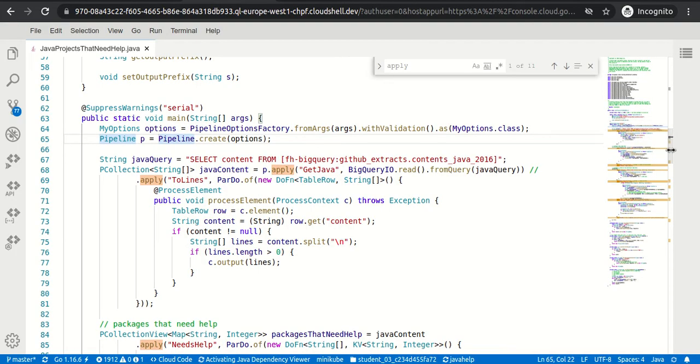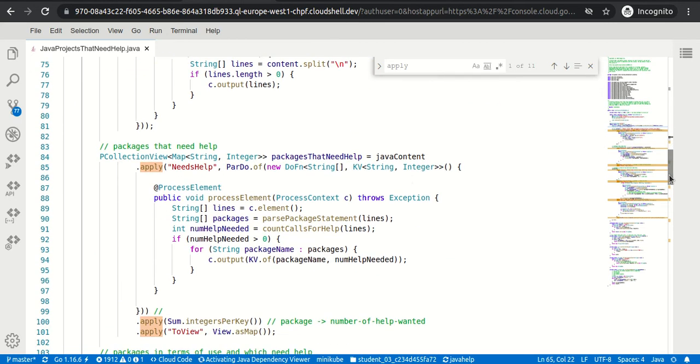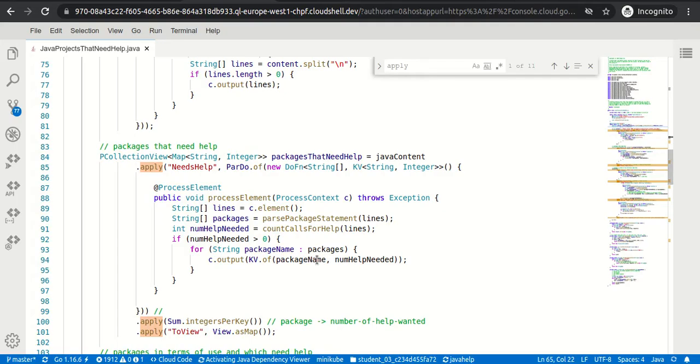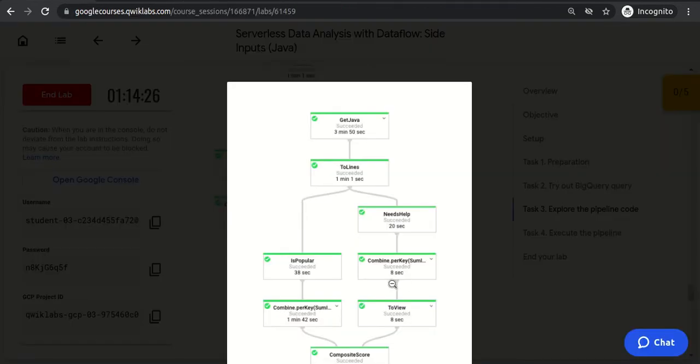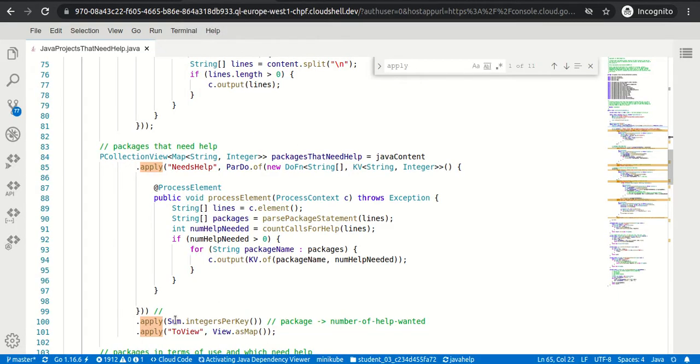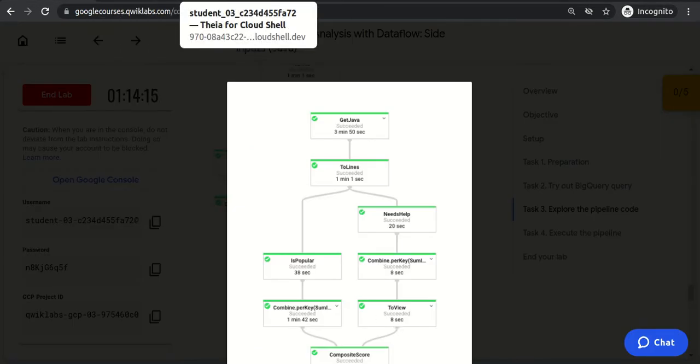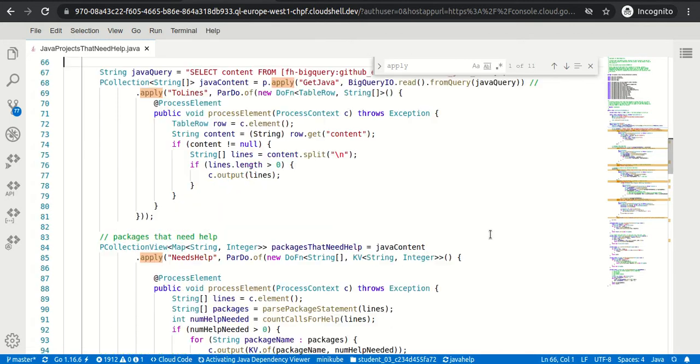The third apply step is need help, right? Then see the next apply: sum of integers per key. So the next is combine per key sum, right? The next step is apply to view. This is the next step, and let me show you.